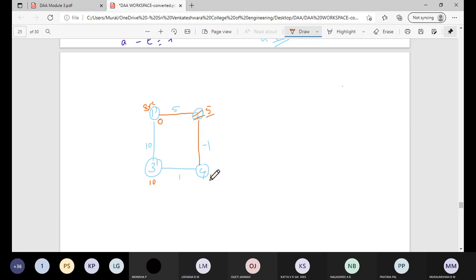So the value will be 4, right? The value will be 4. Now here it is 10 only. Now which is minimum? 4, right? So I will select this vertex. Okay. So next is